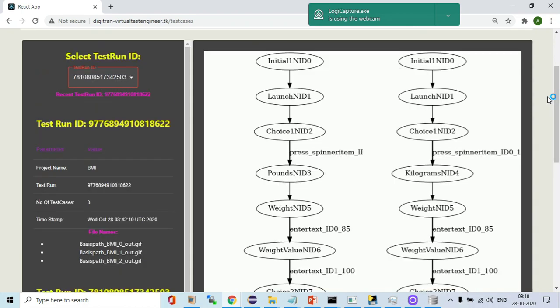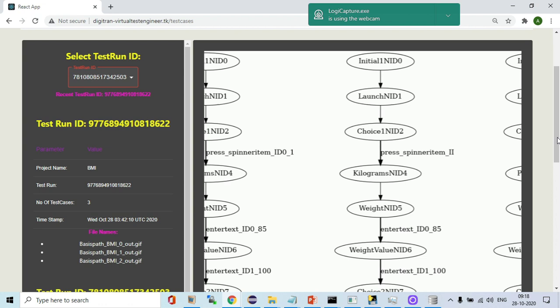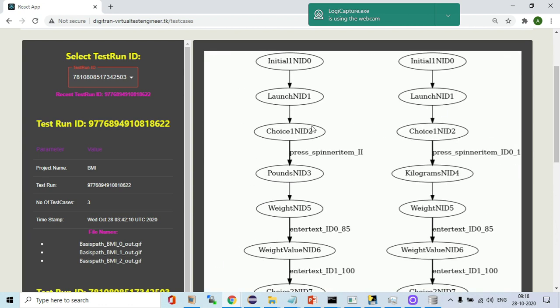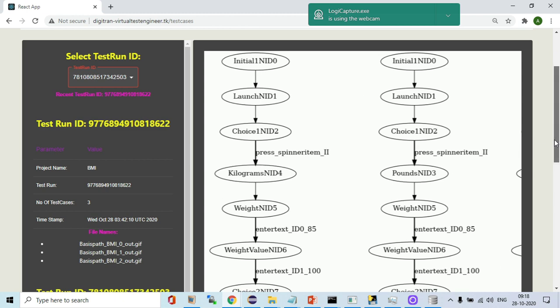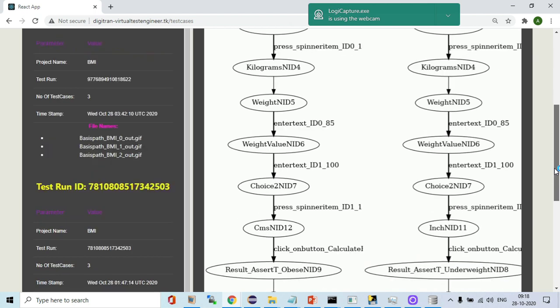Similarly, the flow of another test case is given here. So you can see the difference. For example, when the choice is coming, you can see here, spinner item 2 is selected here, and in the other one a different spinner item is selected.